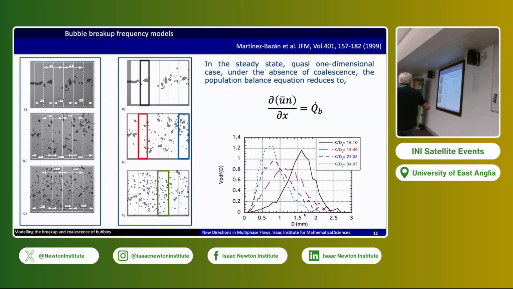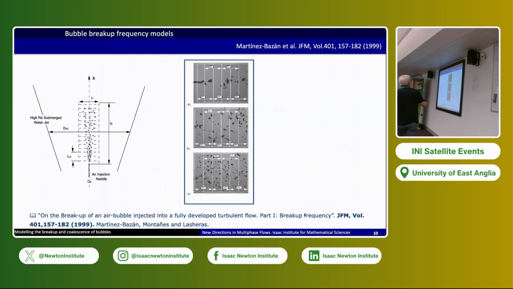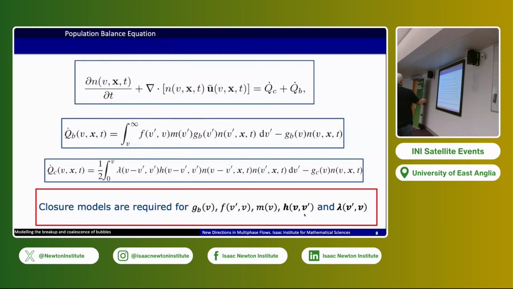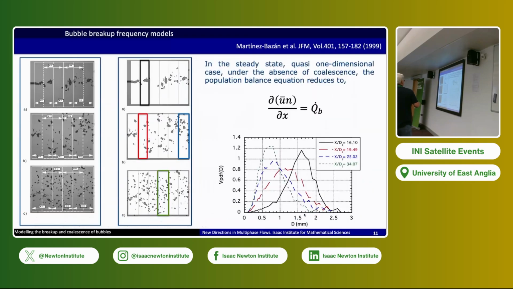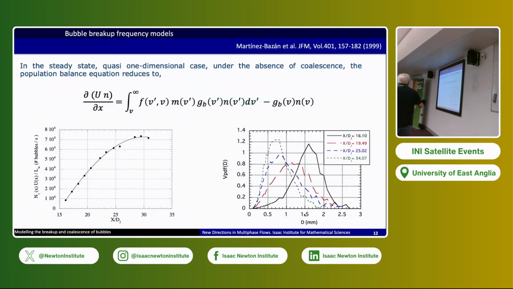We see that initially we have a large PDF here with large bubbles, and the bubbles break and form smaller ones, right? In this case, since we didn't have coalescence, the equation that I showed before doesn't have this term, so everything is related to the breakup. So we simplify the equation to just a convective transport of these bubbles due to the breakup. The equation simplifies to the evolution of the population of bubbles due to the breakup of bubbles and the formation of bubbles due to the breakup of larger ones, right?